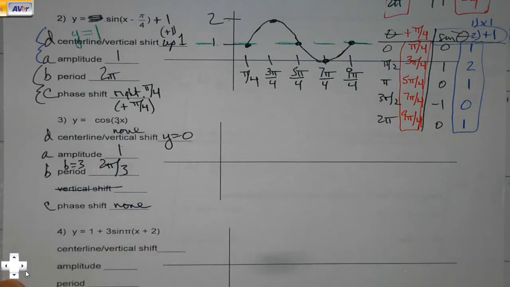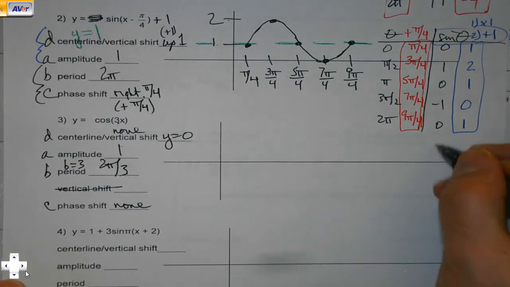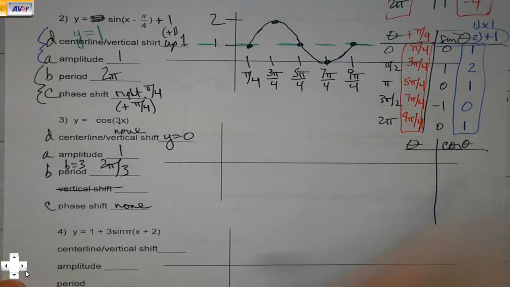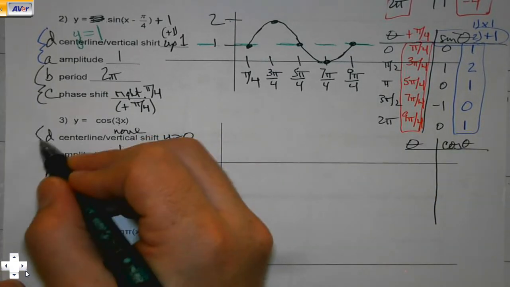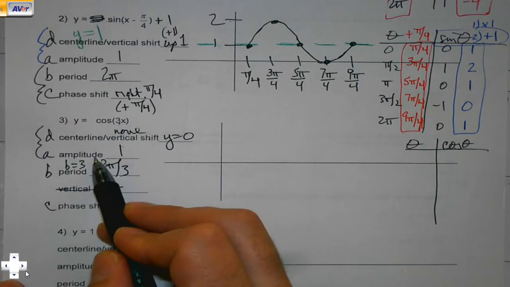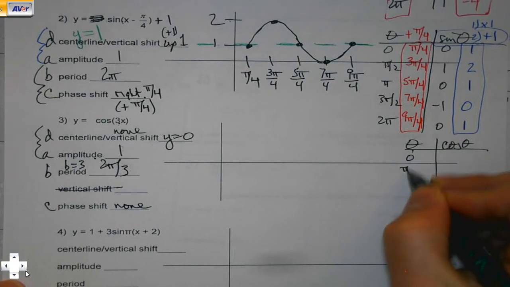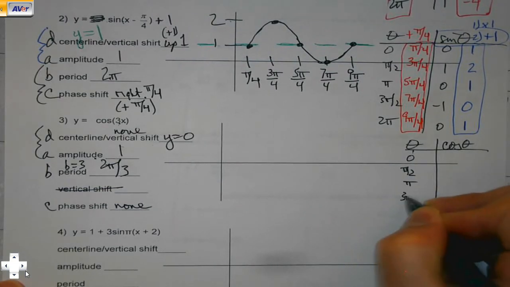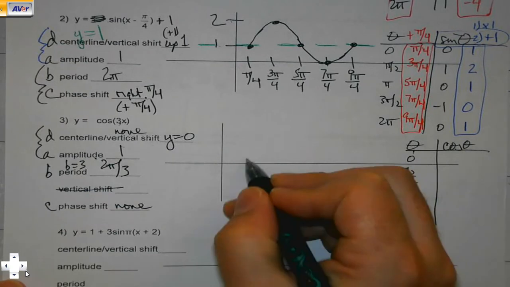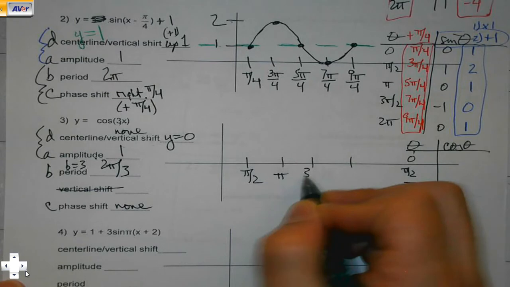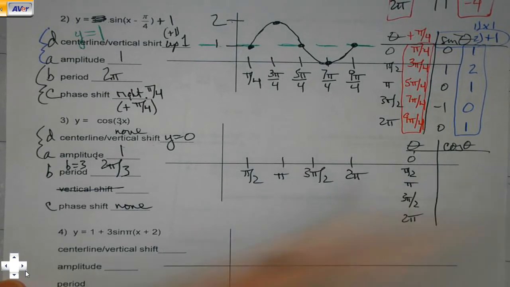So I start looking at this for a minute. I'm like, dang, I might not even need the chart really on this one. Well, I mean, I'll do a quick one here, but I notice right away, no vertical shift, no amplitude change. Angle measures aren't changing. So, I mean, they're just the same. I really don't even know why I just did that. That was kind of silly. And then cosine,